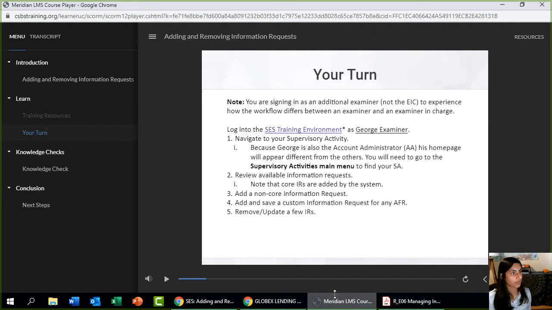So what does it say? It says, note that core IRs review the available information requests, right? And we should know that when we mark the scope complete, that's when it automatically pulled the core information requests from the library and added it to our supervisory activity. So now,